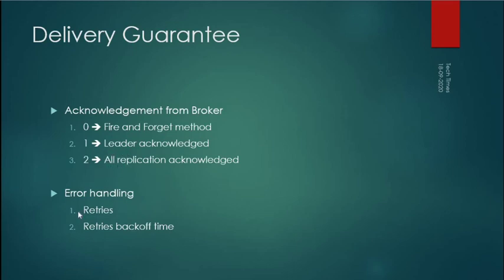Now what if the message we have published fails? In that case, that error is sent to the producer. Based on two parameters which we can set, one is retries and the other is retry backoff time. Retries is the number you set there, and it will keep trying to send that message if any error has occurred while publishing it. And retry backoff time is how long it will wait before making the next retry. So using these two parameters you can handle the error.